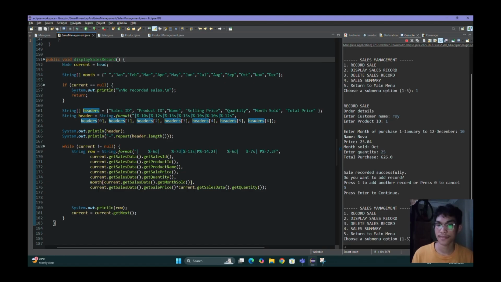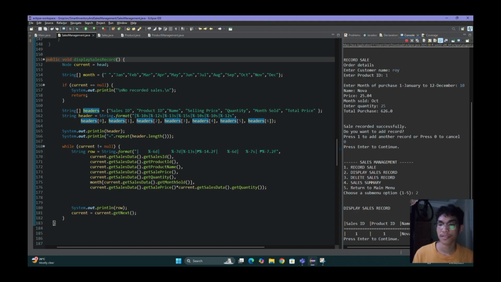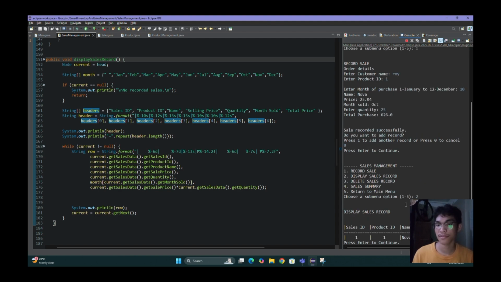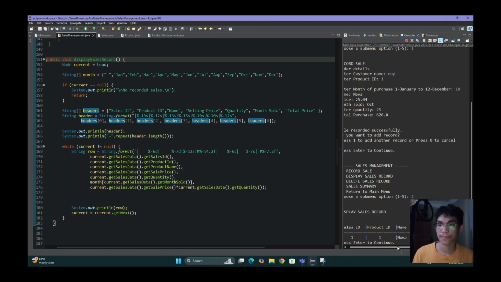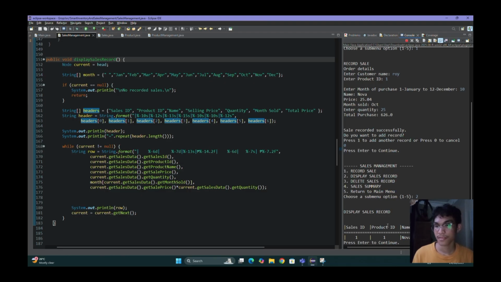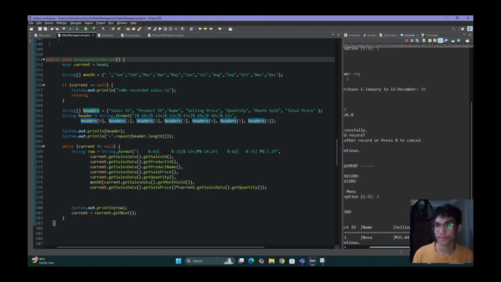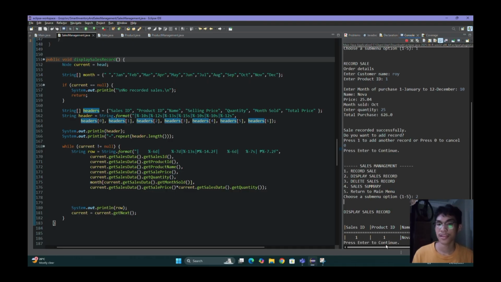It displays details like sales ID, product name, selling price, quantity sold, month sold, and total price. The program output is formatted in a table-like structure with headers and columns so that it looks organized and easy to read.